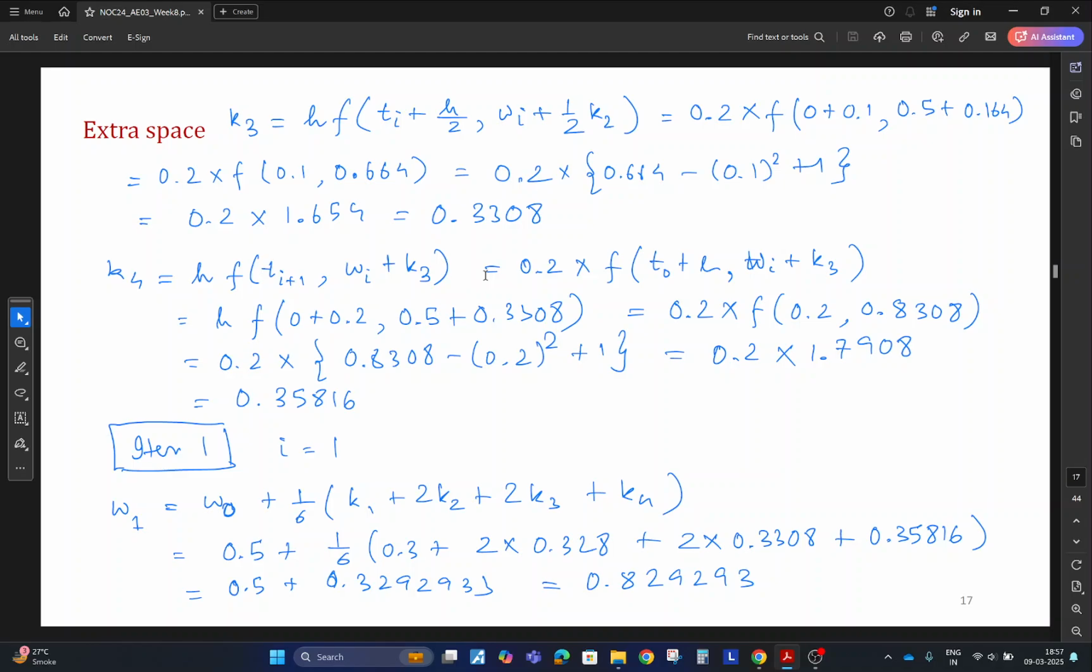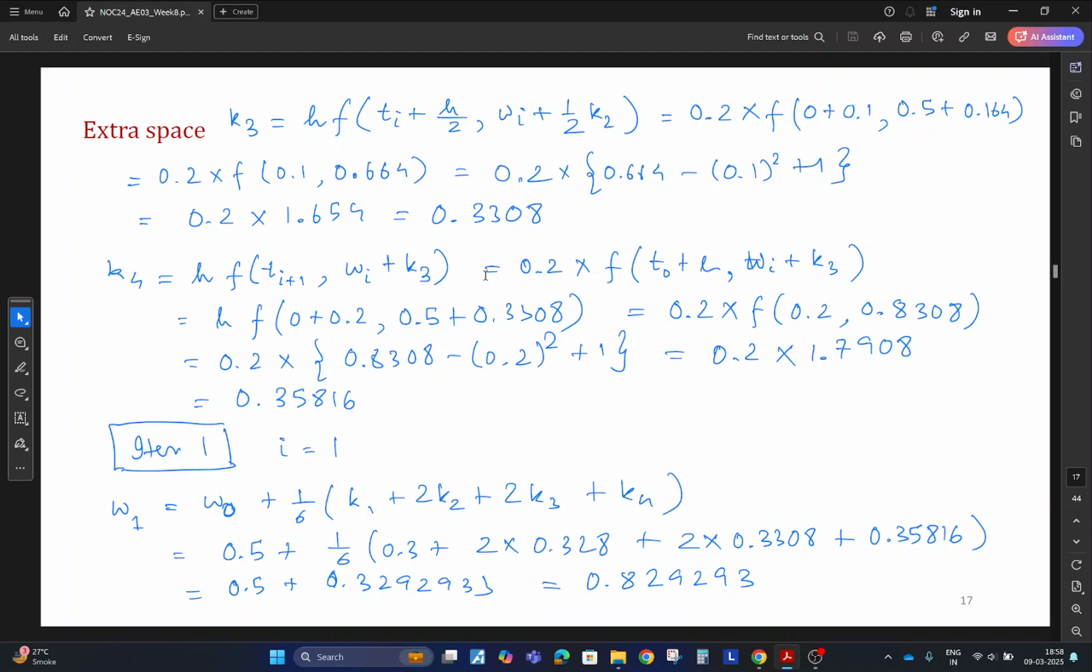This is equal to 0.2 times the value of the function evaluated at t naught plus h and wi plus k3. Here we see that we have now proceeded in the time discretization by the entire step size. This is equal to 0.2 times the value of the function evaluated at 0.2 comma 0.8308, which comes out to be 0.2 into 0.8308 minus 0.2 square plus 1, which is equal to